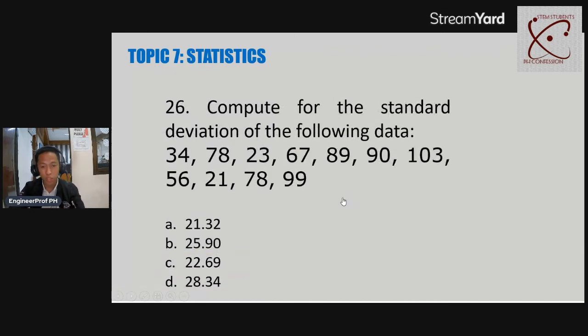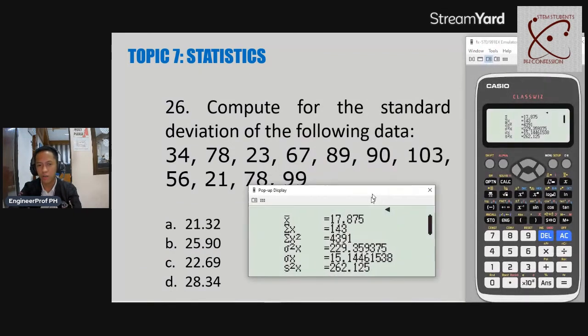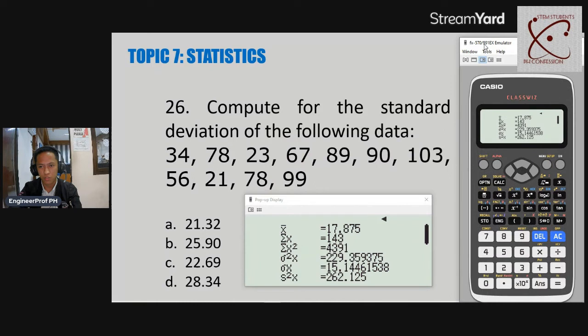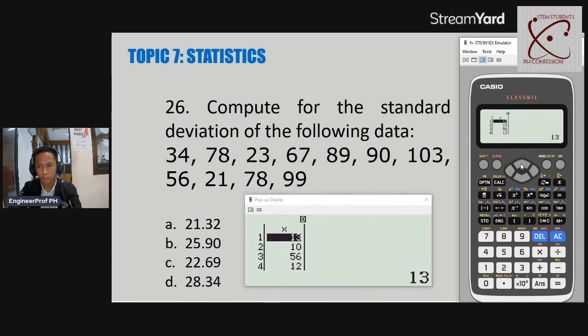So, I think this is the last problem. No? We have solved 26 problems. Imagine you guys know how powerful Casio is on solving problems like this. Okay, so compute for the standard deviation of the following data. Okay, edit lang natin yung data. So, 34 equals 78, second term. 78 equals 23 equals 67 equals 89 equals 90 equals 103 equals, and we have here 56 equals,